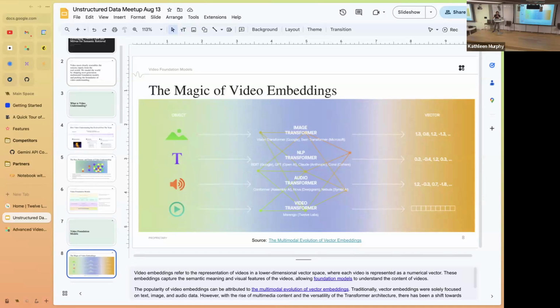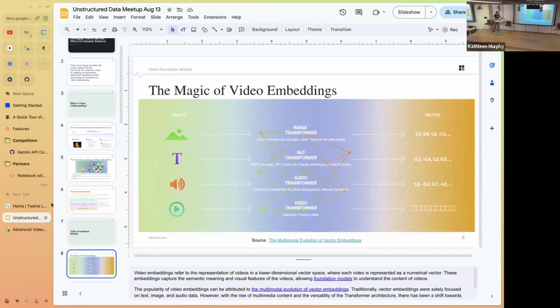However, I want to focus on the concept of video embeddings, which is basically the multimodal combination of all of these three modalities. Because if you think about video, you have the visual information, you have the audio, conversation and speech in the video, and you also have text in the video itself. So in order to create high-quality video embeddings, you actually need to combine all those three modalities together.